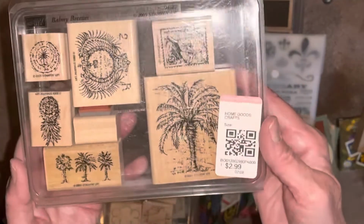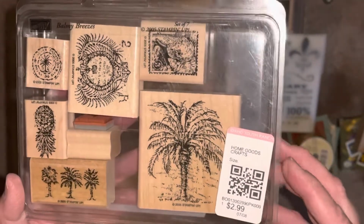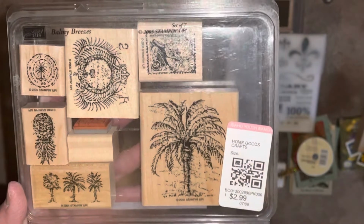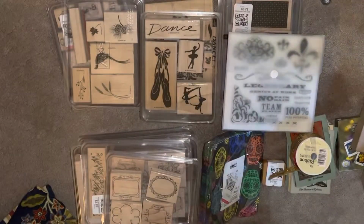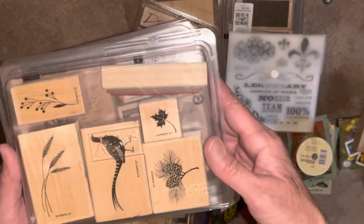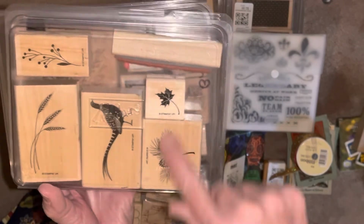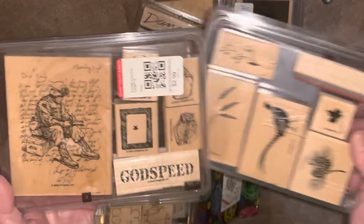Oops, there's that this way. Thought this is really cool. Reminded me of travel, some of the places that we've lived, and so I thought that was really cool for the travel journals. Let me grab this here. I thought this was lovely. The pheasant, wheat, leaves, pine cones,